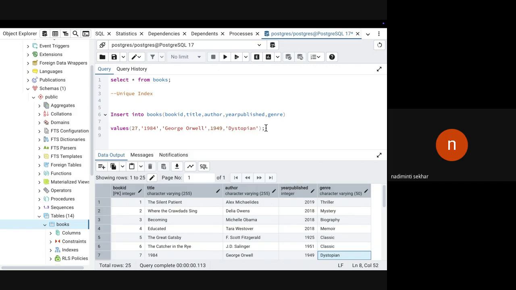It's not a duplicate record, right? So why won't it go? Anyone who can justify it? I'm saying that it will not go. Can anyone justify this statement that I made?